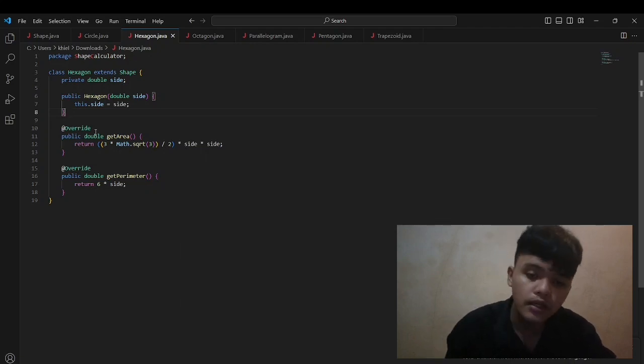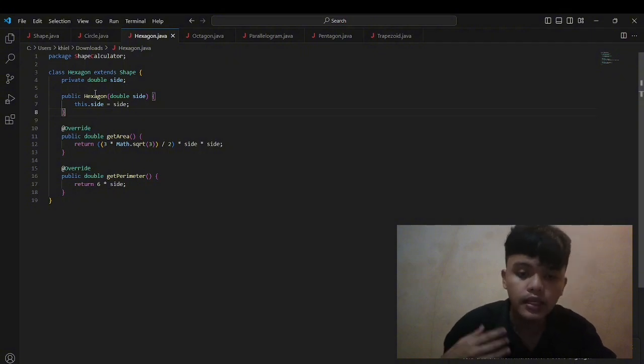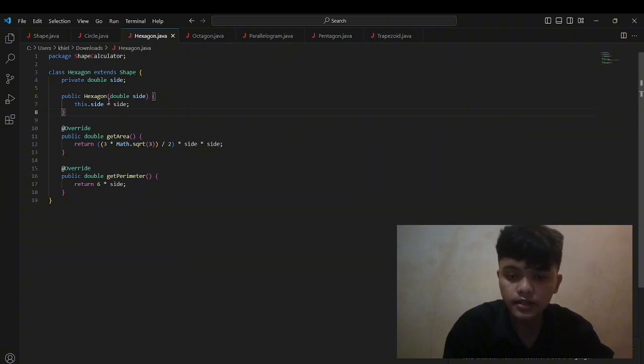The hexagon class extends the abstract shape class, meaning it inherits its structure. Class hexagon extends shape. It has a private member variable side to store the length of the hexagon's sides.